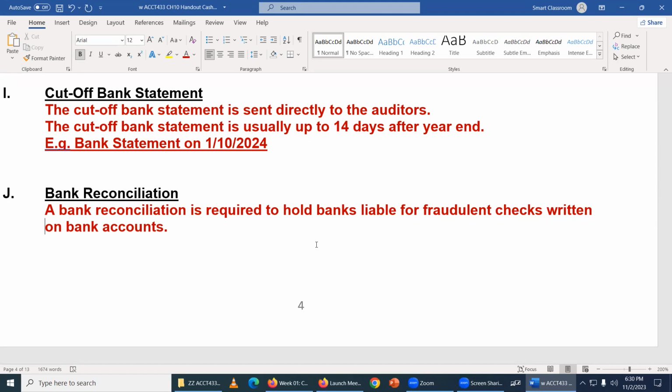So it's a required document, and in business, it's one of those things you always look to make sure they are doing, because it's a basic control. It's so basic it's required by courts, whereas other controls are not. Okay, so bank reconciliation. Bank reconciliation is necessary to